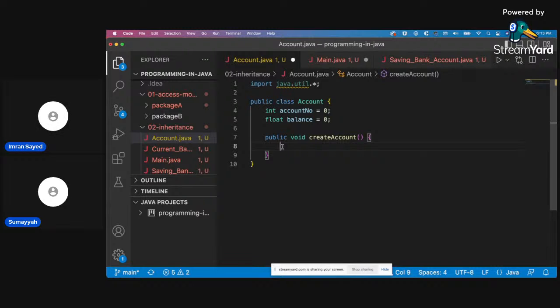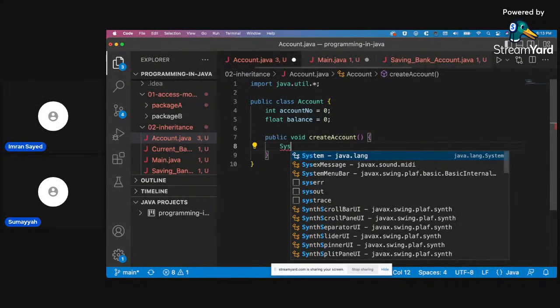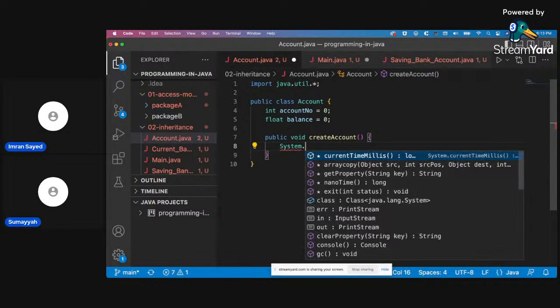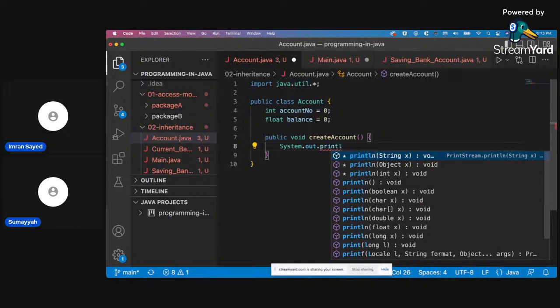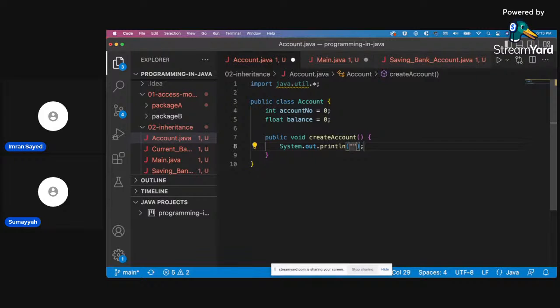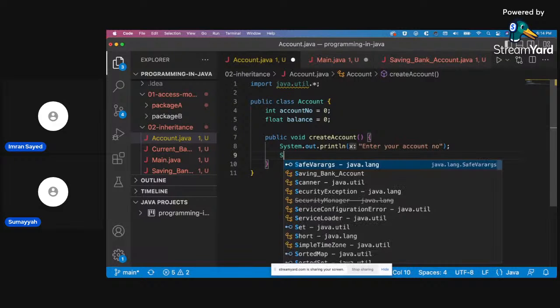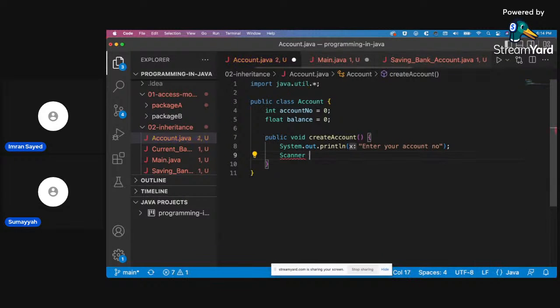So enter account number. So this will be input.